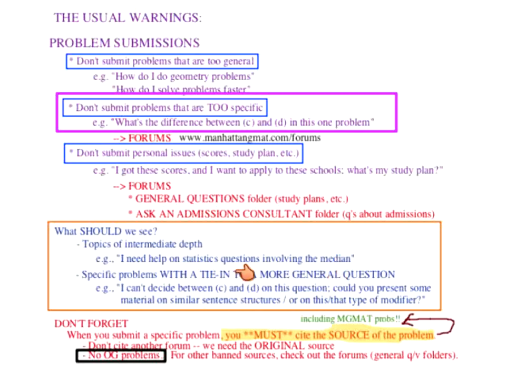And then specific problems, if you're going to submit them, this is ideal. But if you are going to submit specific problems, you have to tie those into a more general question. Otherwise, if it's just a specific problem, then please just post it on the forum. That's what that's for. But if you have a topic more generally to ask about, then that's a good submission. So like, I can't decide between these items. Could you present some material on other things or this or that